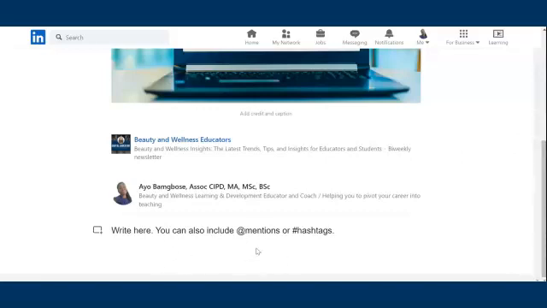It says right here, you can also include mentions. You can add mentions for people in LinkedIn. If you're writing an article that's referring to someone, or maybe your company page, or anyone on LinkedIn that you're following, you can use the @ sign and tag them in the article as well. And of course, you can also add hashtags. What I'm going to do first and foremost is grab my content and paste it right in here, and then we'll start formatting it. So that's what you can do.